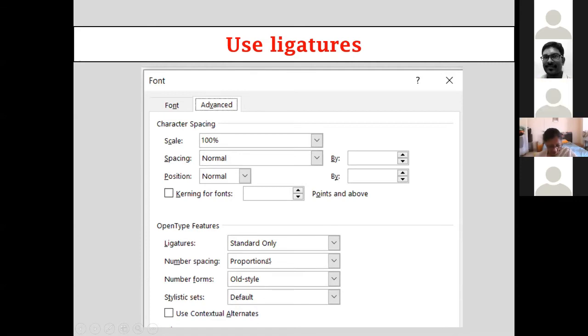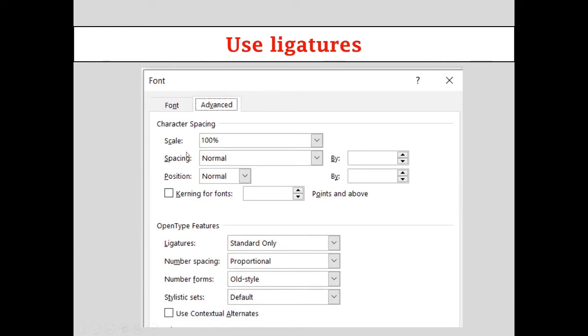Number spacing refers to, let's say, numbers 0 to 9. Now they could be either monospace, like what would appear in a typewriter font, where each numeral, whether it is a fat 8 or 6, or a lean 1, will occupy the same amount of space, whereas with proportional numbers, 1 will not occupy as much space as 8 or 6 and so on. So you can enable this automatically. You should go to the font menu and choose this if you want to do it.